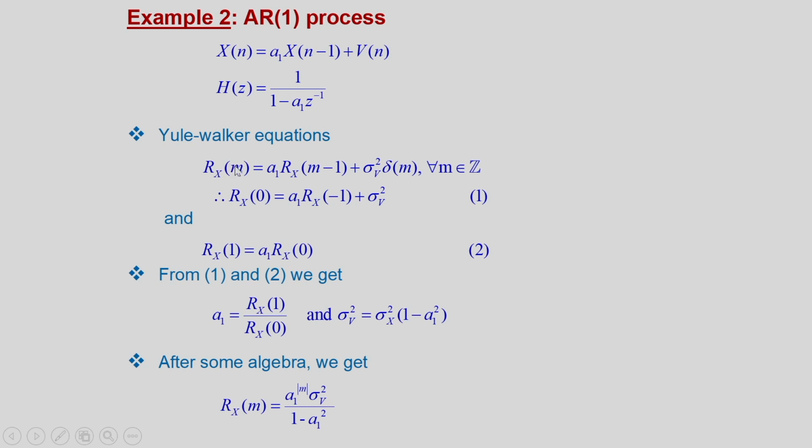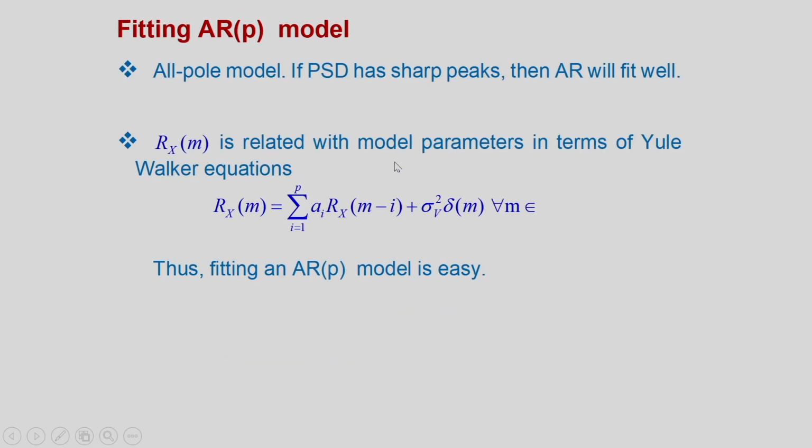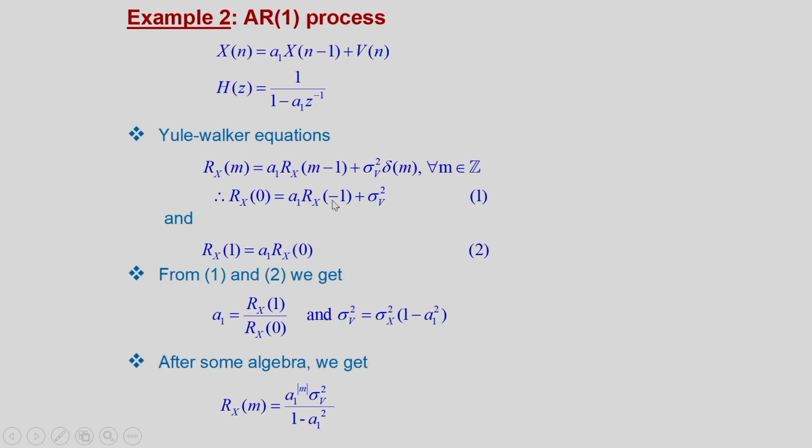Yule-Walker equation: if we substitute p equal to 1 in the Yule-Walker equation, we will get Rx(m) equal to a1 into Rx(m minus 1) plus sigma_v squared into delta(m). We know this expression for Rx(m). Since p is 1, only one term will be there, and this term will be there. So, that way Rx(m) is equal to a1 times Rx(m minus 1) plus sigma_v squared into delta(m)